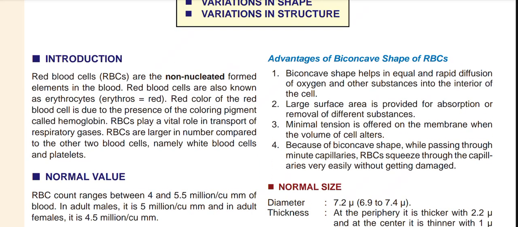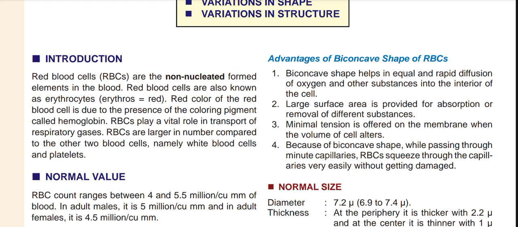RBCs are the non-nucleated formed elements in the blood. RBC are also known as erythrocytes. So RBC are one of the cells which are generally non-nucleated, and the red color of the RBC is due to the presence of the coloring pigment called hemoglobin. RBC also play a very important or vital role in the transportation of respiratory gases like oxygen, carbon dioxide, etc. RBC are larger in number as compared to other blood cells,